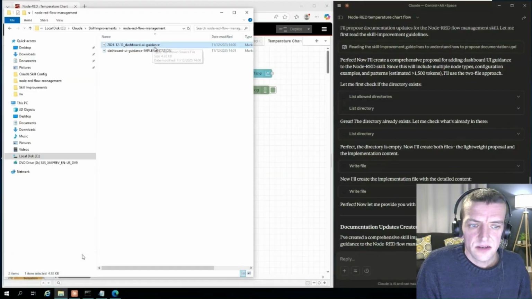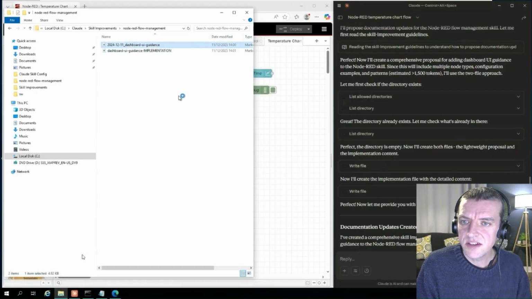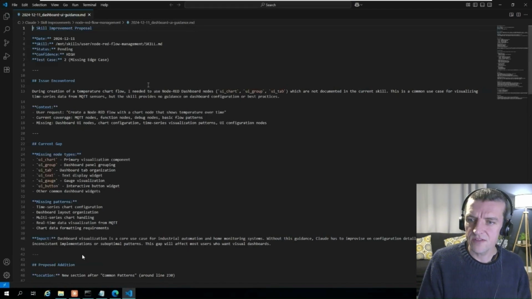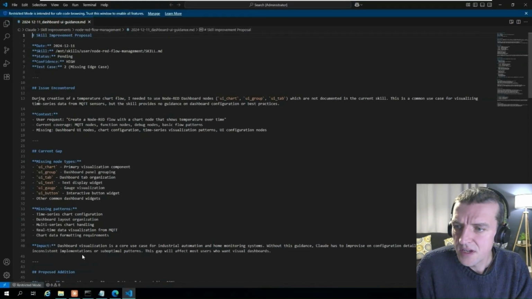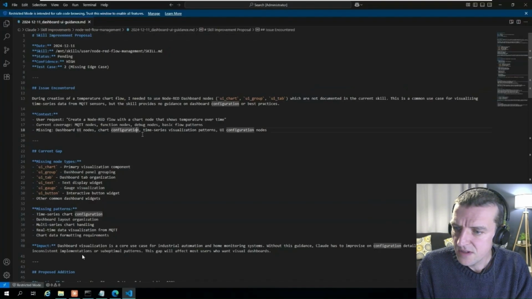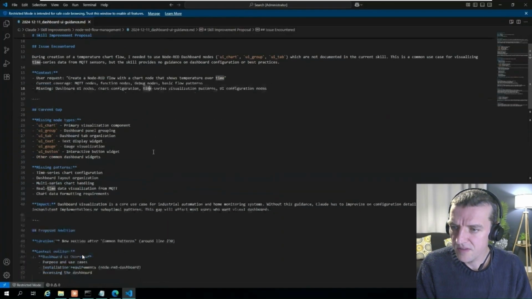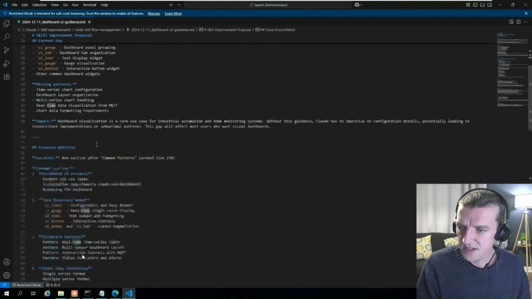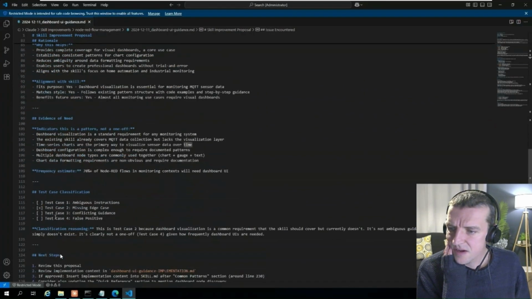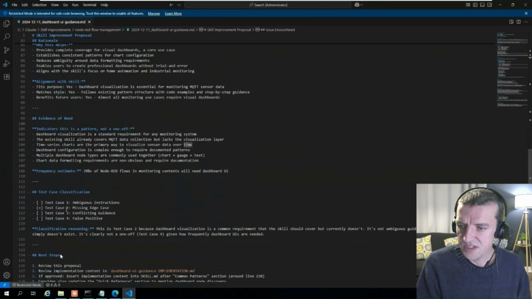Okay, so it's completed the file generation. It's created two different files. The first one is a guidance file, and this is really just a summary of what it found. So issues encountered, some context, so what prompt was used at the time, and what it found certain nodes weren't included, etc. A bit more further information about what gaps it's seeing, missing patterns, etc. Some summaries of the proposals and rationales, and then it's pointed out which test case was met